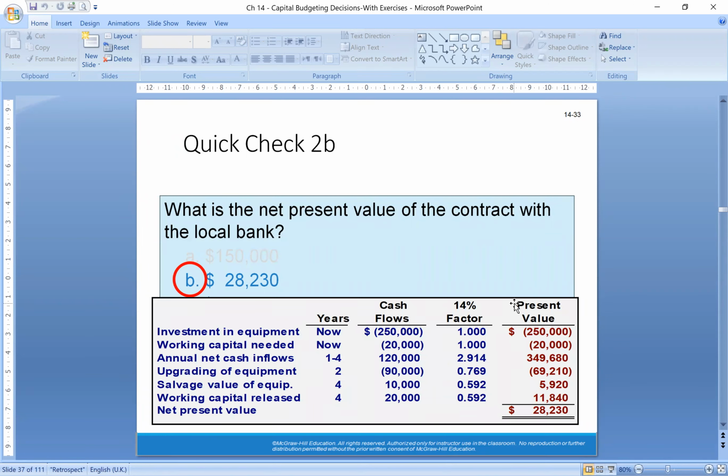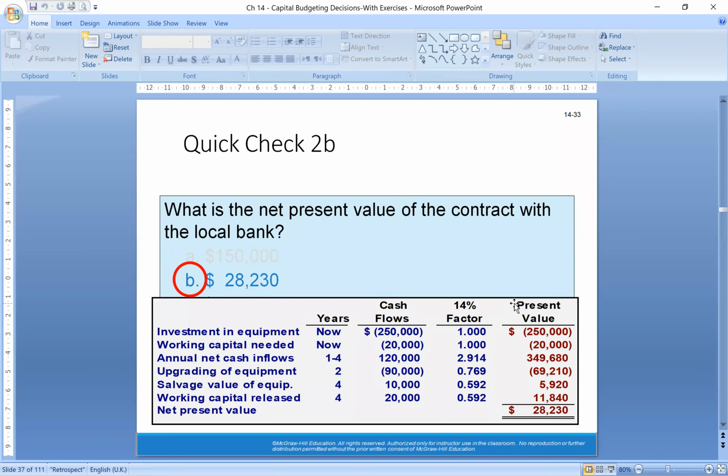The table contains the components that I'm discussing: years, or the time that I'm paying or receiving this amount, the cash flows, the amount, the factor, which comes from the tables, either table number 1 or table number 2, and the present value,